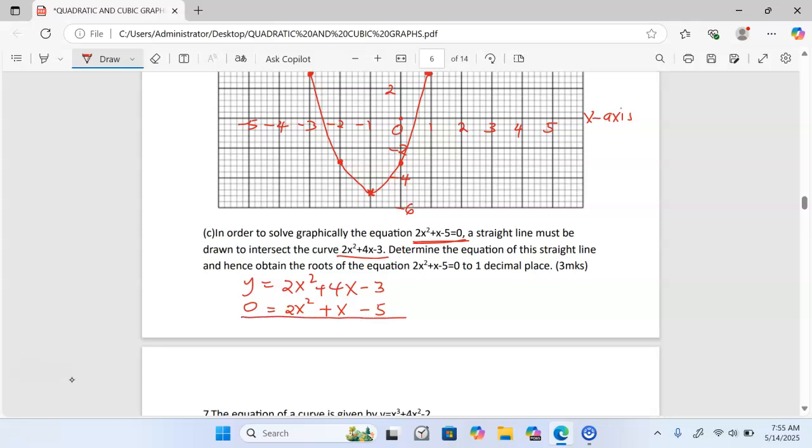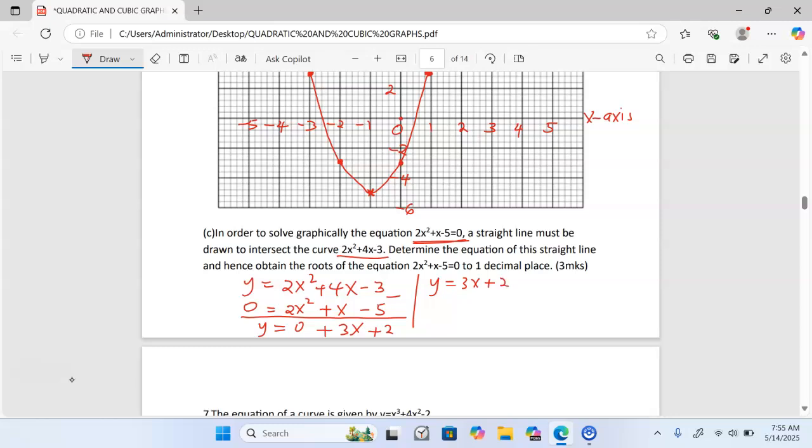When you subtract the two, y minus 0 will give us y being equal to 2x squared minus 2x squared gives 0, plus 4x minus x will give us 3x, and minus 3 minus minus 5 will give us positive 2. That means y is going to be equal to 3x